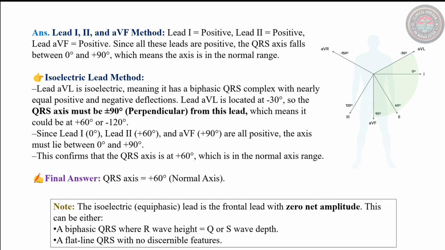Step 2. Check lead AVF. The QRS complex is also positive in lead AVF, meaning the electrical impulse is directed downward toward the inferior leads. Step 3. Interpret the quadrant. A positive QRS in both lead 1 and lead AVF places the axis in the normal range. Final answer, normal axis. This ECG represents a normal QRS axis, commonly seen in healthy individuals with no significant conduction